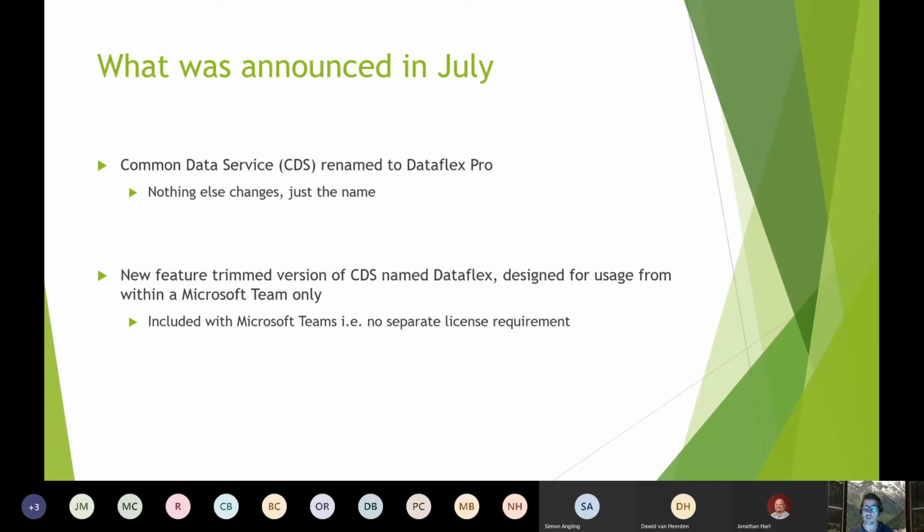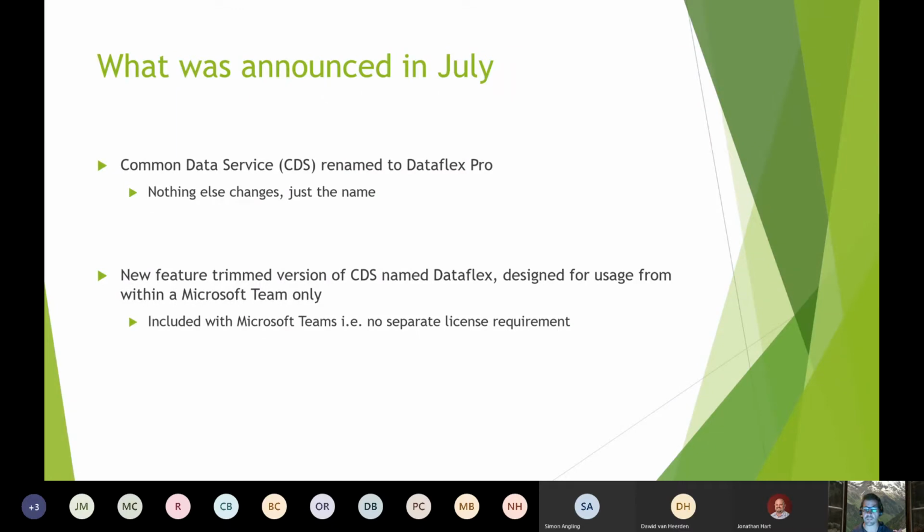It means you can get access to these features of CDS without needing an additional license as well. So I wouldn't need to go and get a premium version of Power Apps or Dynamics 365, and I'd get access to the scale and the relationship models that CDS provides to me. So that is what was announced in July.